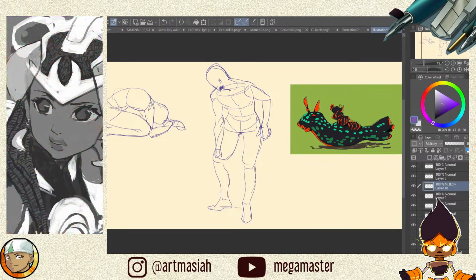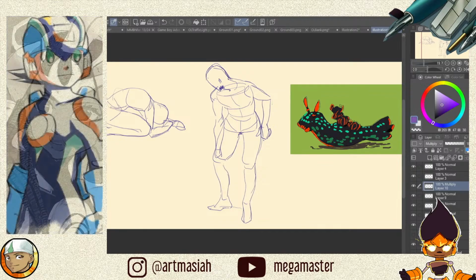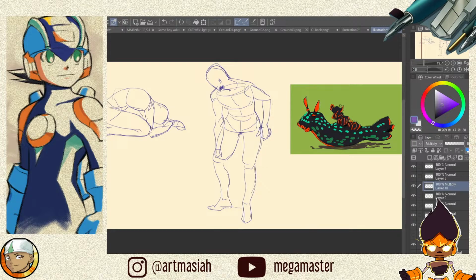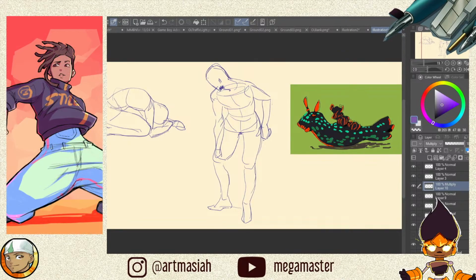I forget what year it was, maybe 2022, when generative AI was really popping off, but I think actual physical reference books are great. Not only that, they're going to give you a lot of material that you can't find online, which is going to make your art stand out even more.